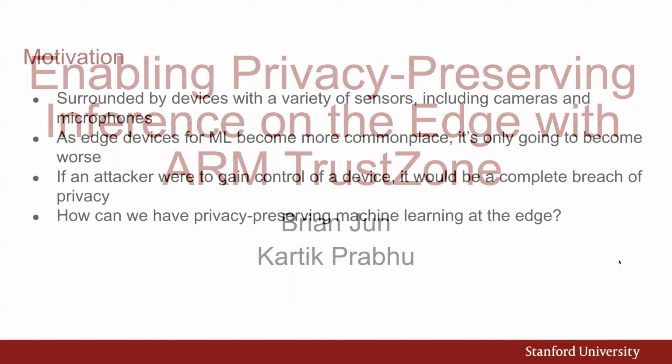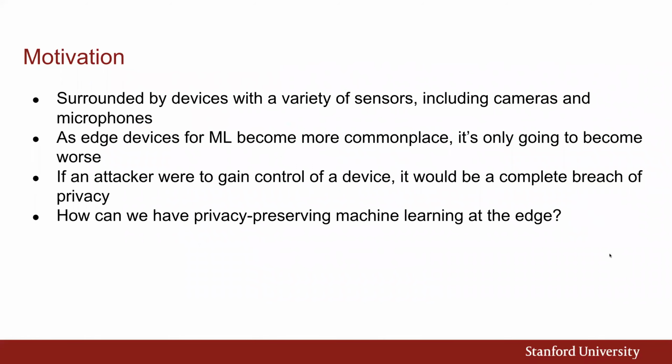So first, the motivation. Privacy is a huge concern when you're surrounded by all these devices with a variety of sensors like cameras and microphones. And as edge devices for machine learning become more commonplace, it's really only going to get much worse. So you can imagine that if an attacker were to gain control of a device, it would really be a total breach of privacy. So the question we try to solve is how can we have privacy preserving machine learning